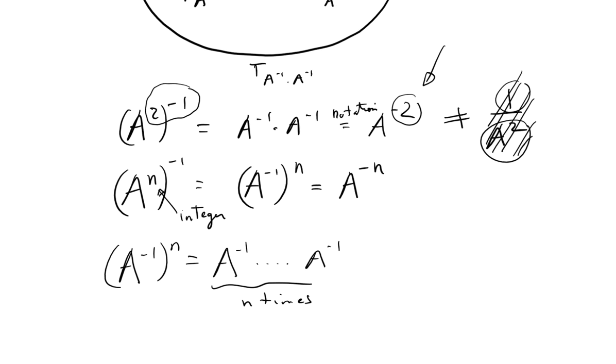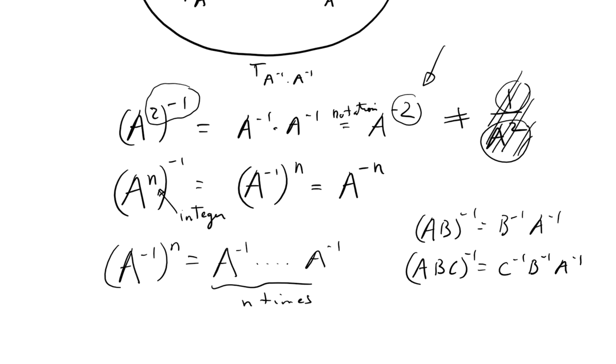Well, using the property that AB to the minus 1 is B to the minus 1 A to the minus 1, which can be generalized in the following way. If you have ABC to the minus 1, that's C to the minus 1, B to the minus 1, A to the minus 1. If you replace C and B by A, you'll get A to the minus 1, A to the minus 1,